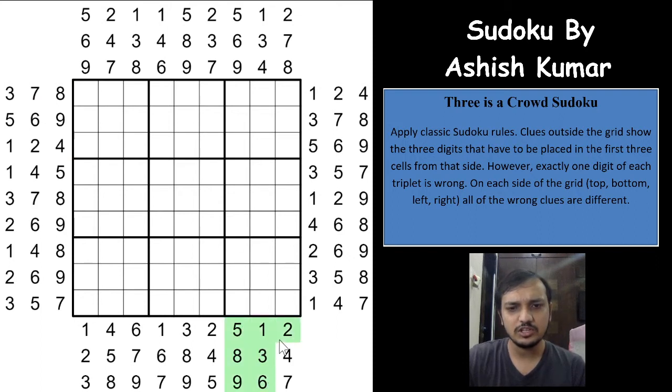If you see this 3 into 3, or maybe this 3 into 3 on each side of the box, outside each side of the box, you'll have exactly 1 to 9 and no digit is repeated on each side of the box. So this was one of the toughest creations, and I had to make sure that no digit is repeated, and there are some more other techniques that will be helping us to solve this Sudoku.